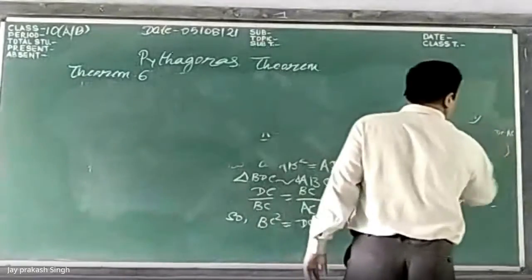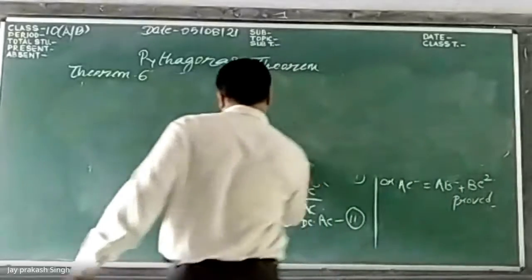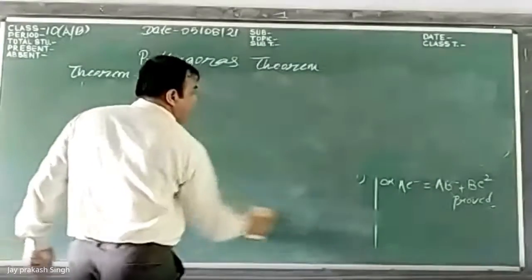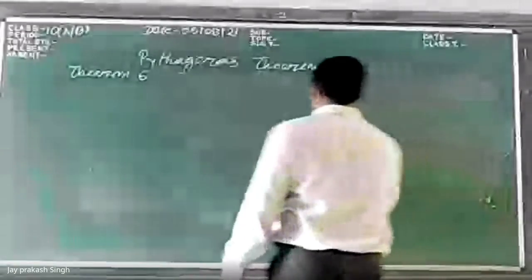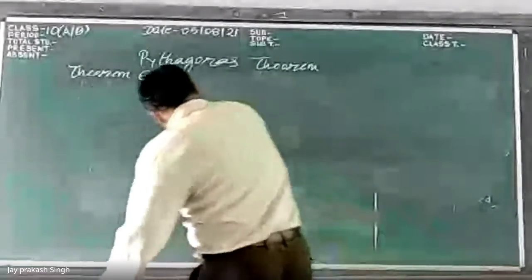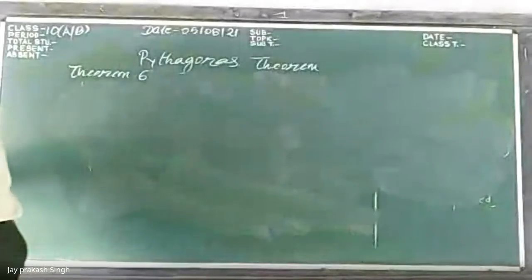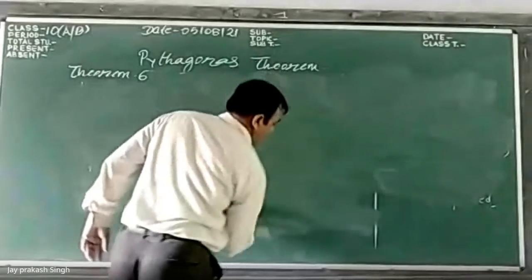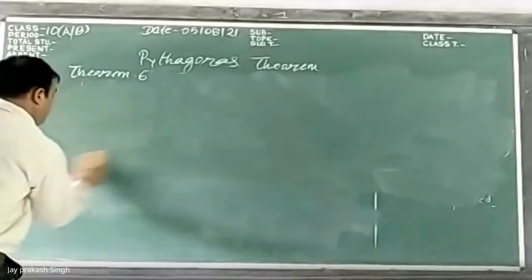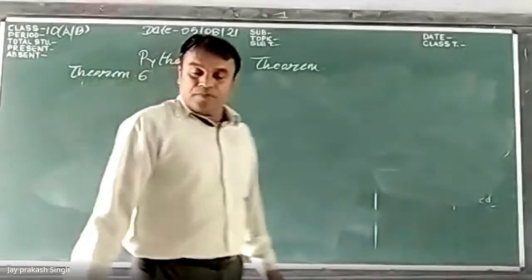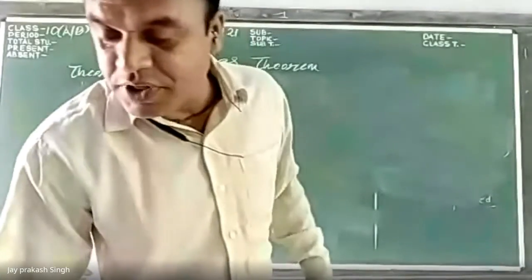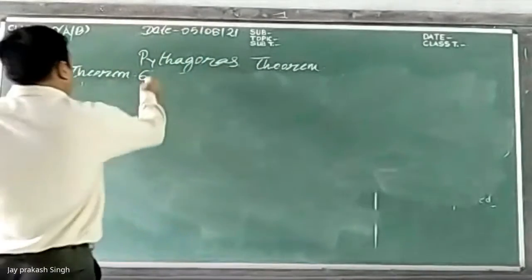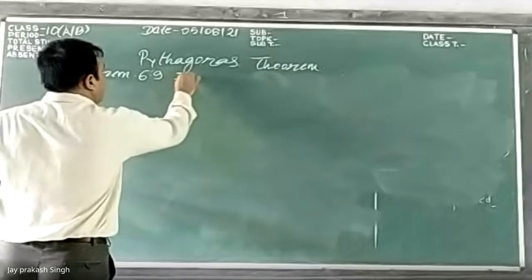Now, the theorem is 6.9. We have to prove 6.9. In a triangle,